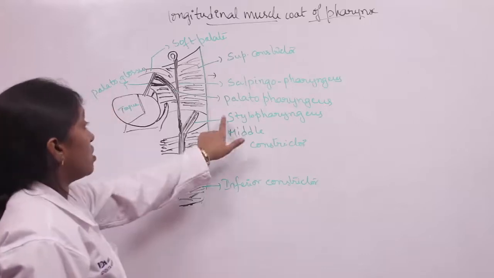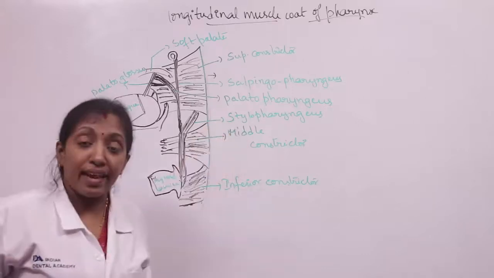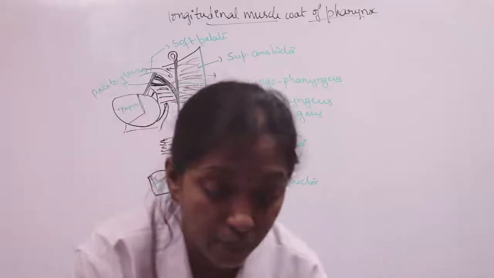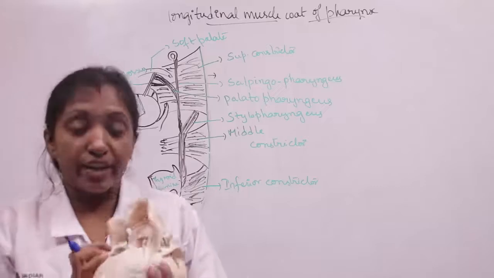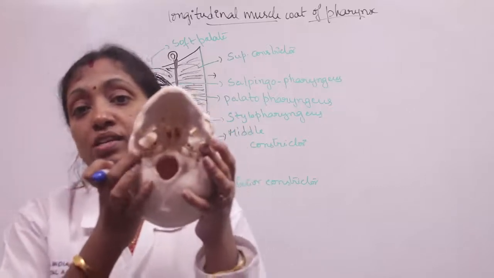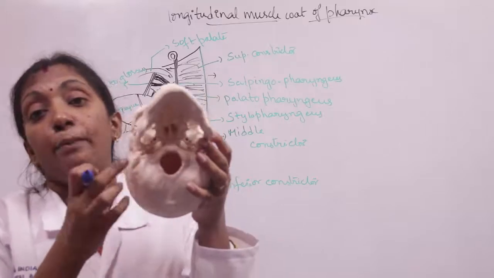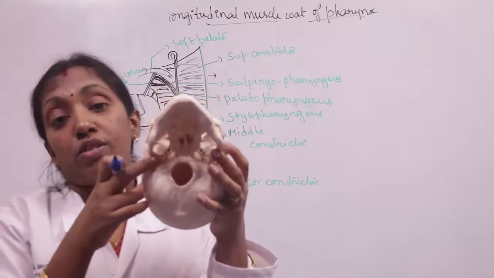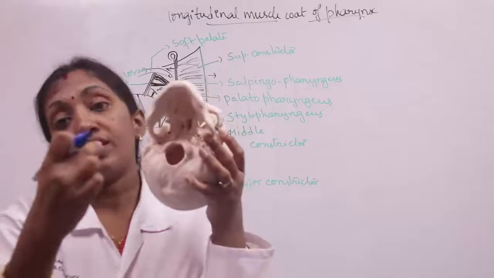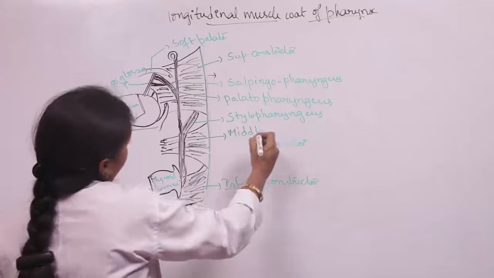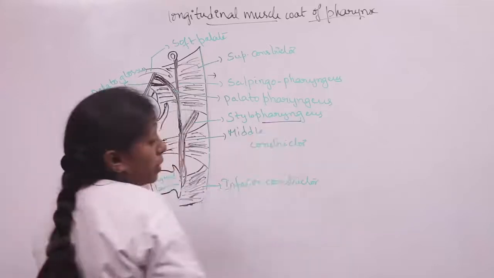Coming to the stylopharyngeus muscle, it arises from the medial surface of the styloid process. We know the styloid process is a part of temporal bone and it is situated here. So this is the styloid process. This is the medial surface. So the stylopharyngeus muscle arises from the medial surface of the